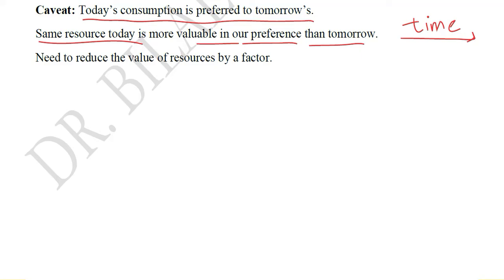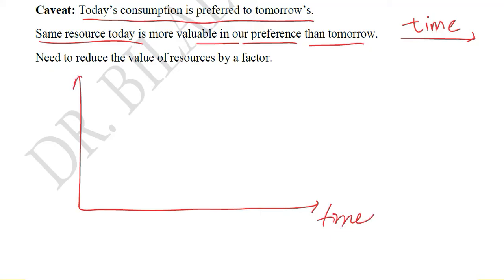So if I want to make a graph to make this clear, this is time and this is the value of that resource. This is now, that is 0. If we get it, we will get maximum possible utility from that. But if we get it after 1 year, in our opinion, its utility will be less, or its value will be less. And if it gets further delayed,